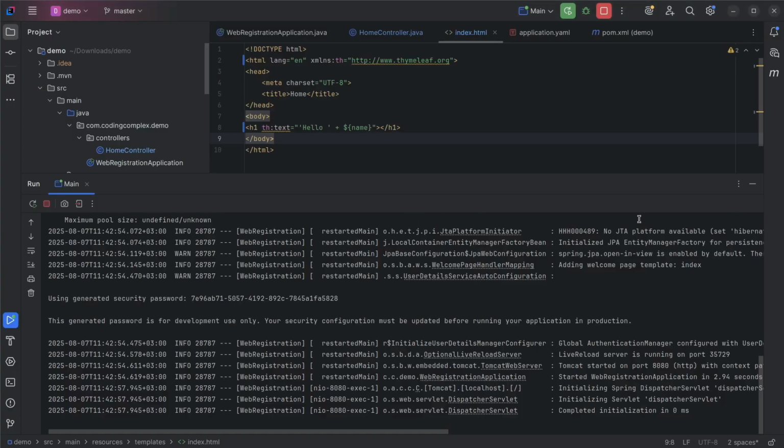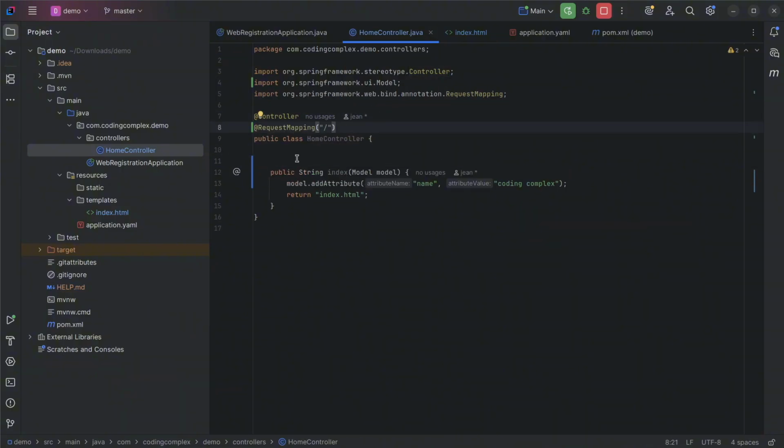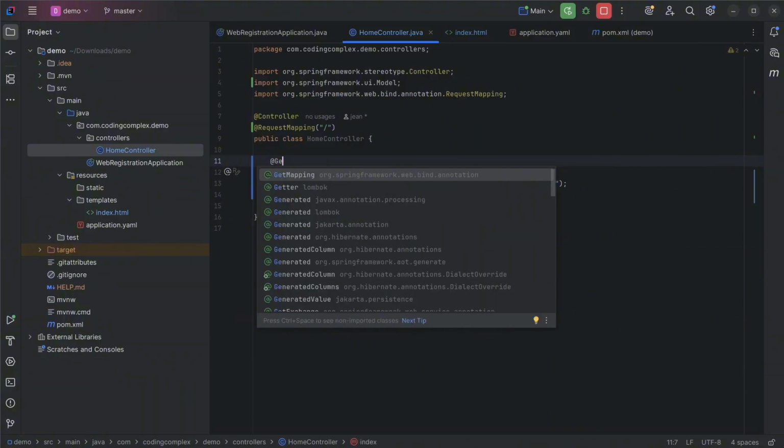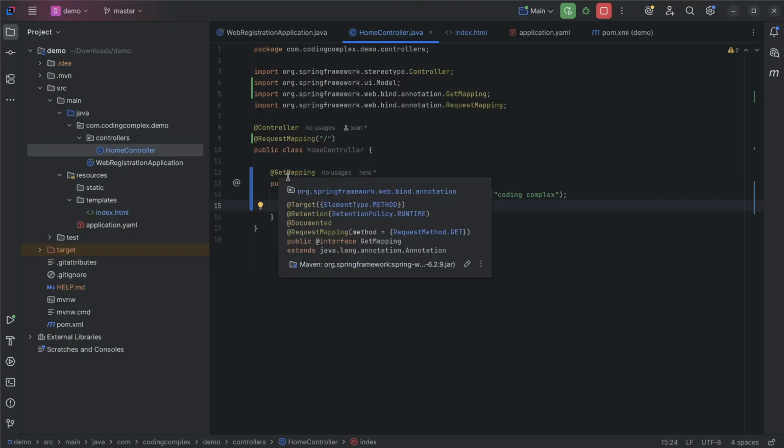So let's go back to our home controller right here, and let's move the request mapping to the top. So here, I'm going to add the request mapping. Let's remove the .html, and let's add a GetMapping here. So we have various methods such as GET, POST, PUT, and DELETE. The GET method is used to retrieve data, meaning that each time we enter a web URL, we are making